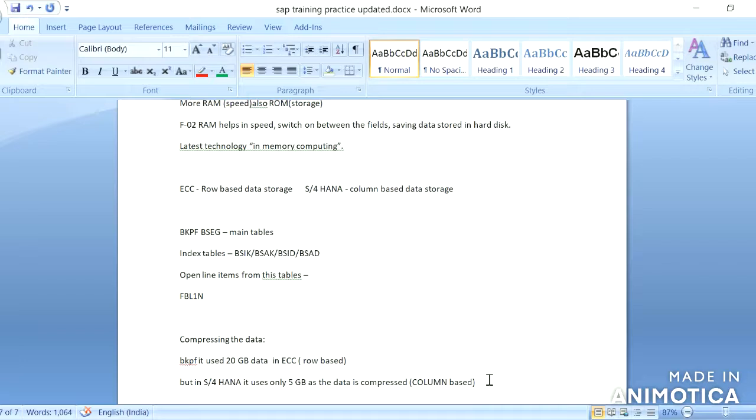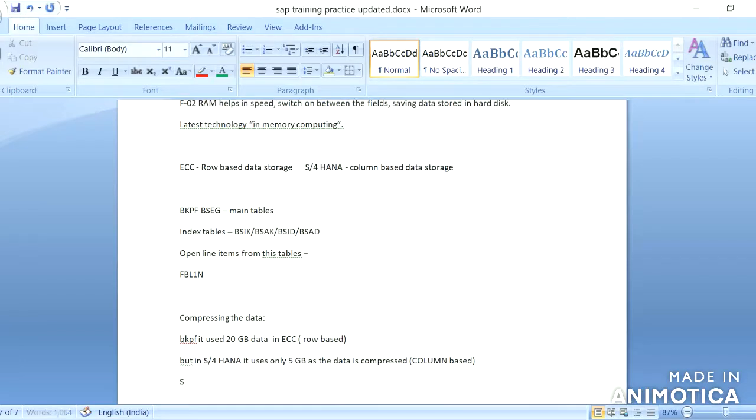So it uses less memory, which helps in reducing hardware cost.